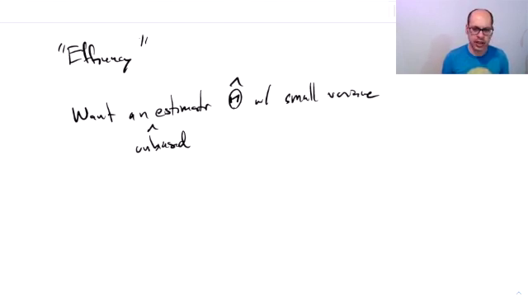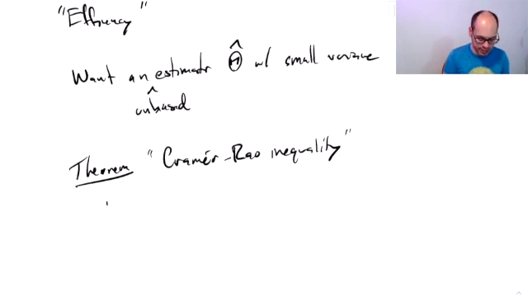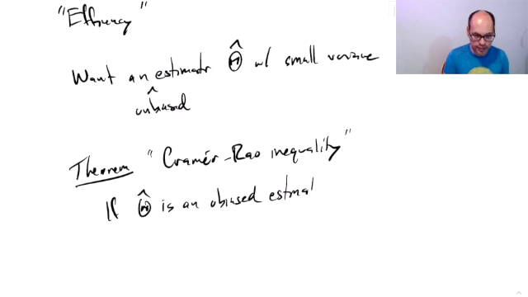Now, there is a very important result here, which says that there is an absolute bound on how good we can do in this regard. So let me say theorem. This is the Cramér-Rao inequality. And it says that if theta hat is an unbiased estimator for theta,